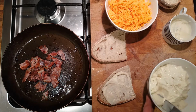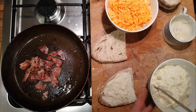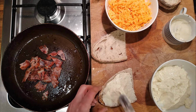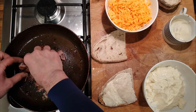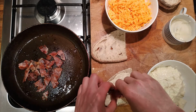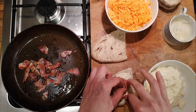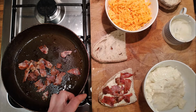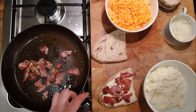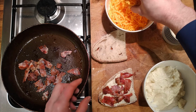So it wants to be about 50 grams of white sauce. I made extra white sauce on purpose the day when I was making it, and then we want a third of the bacon. There's 100 grams of bacon, which I've cooked until crisp. So it must be about that much. I think we want some more. We might want more bechamel than that. No, probably not. And then we've got 50 grams of cheese,